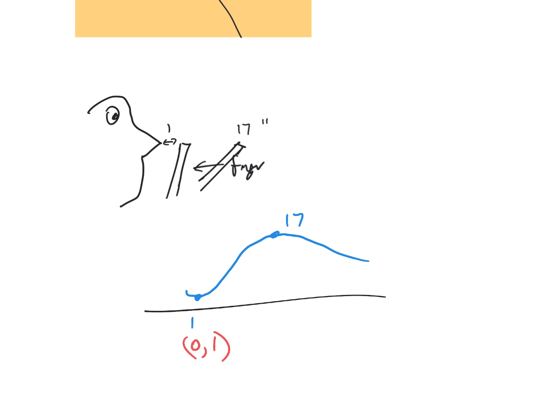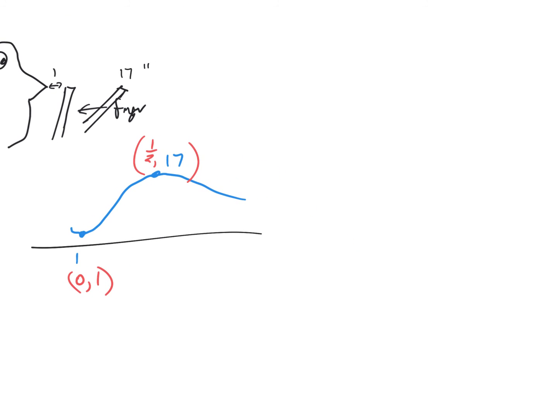Think about it. What would it be? 1/2, comma 17. Half a second out, half a second back. That makes a complete cycle, which is 1. All right, so then